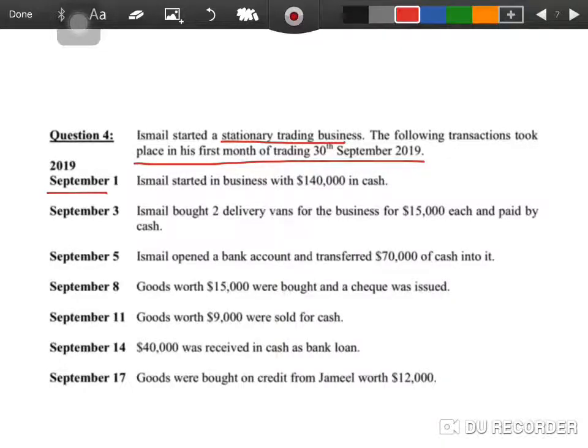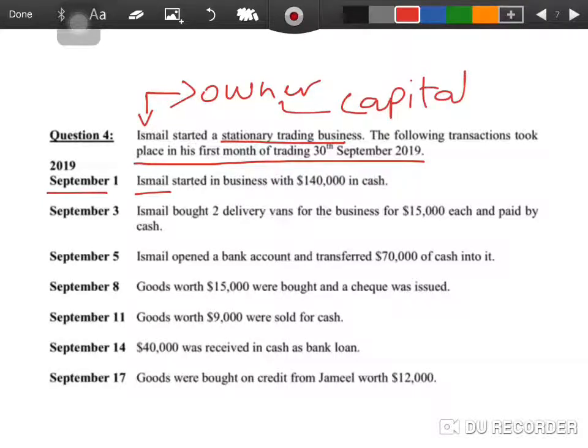So before preparing T accounts, you need to analyze the transaction that took place, and you need to be able to understand and identify the two accounts or the three accounts that are going to be involved in a certain transaction. So you see, Smile is basically the owner of this business, right? And the owner's money is basically called capital, right? So since Smile is starting a new business, he is investing money into this business. So the owner's money in this business is going up. So one of the T accounts involved is going to be the T account for capital. Obviously this is Smile's capital.